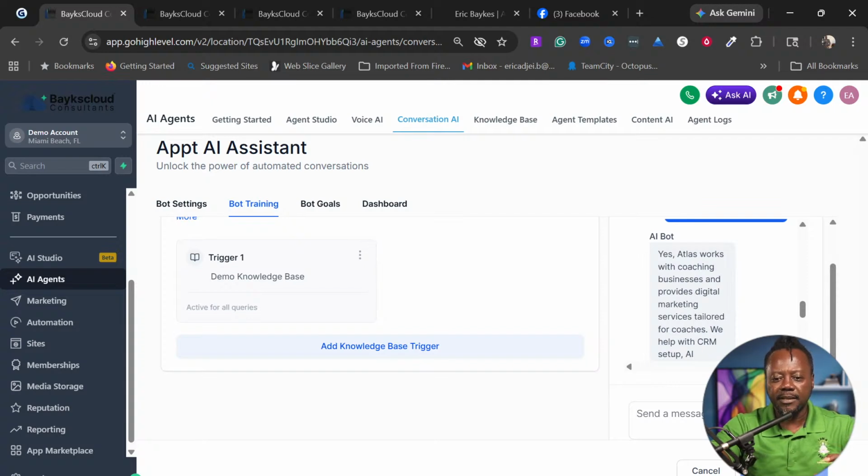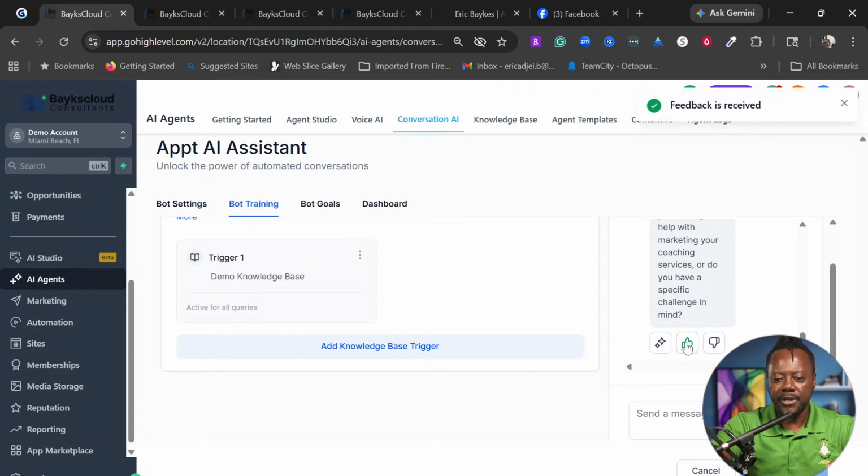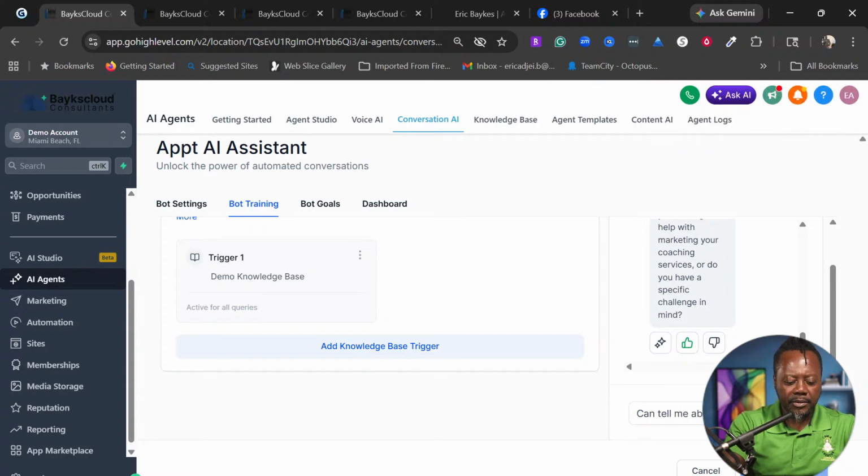Yeah, Atlas works with coaching businesses and provides digital marketing service tailored for coaches. We also help with CRM setup, AI, website design, SEO, and all that kind of stuff. Okay, so this is also great. Now we have this agent working. Can you tell me about the AI Accelerator